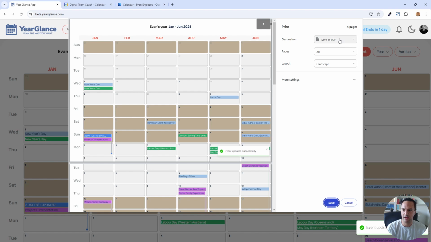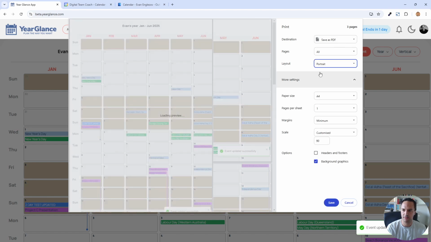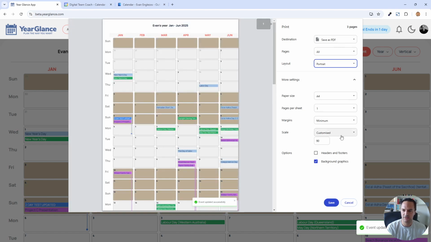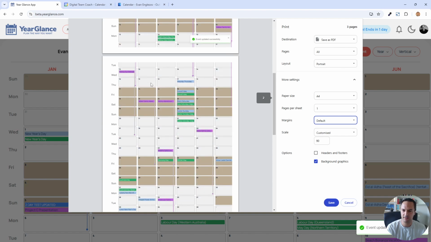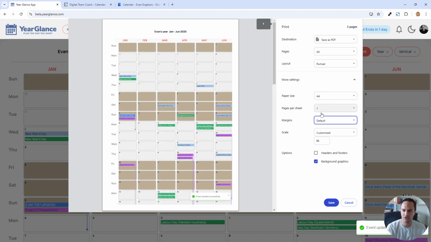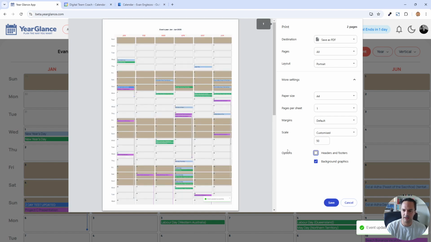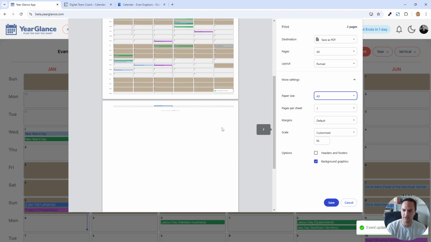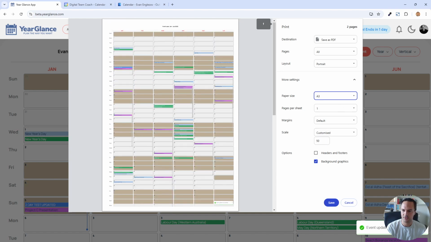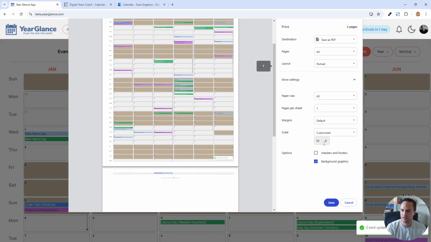So here we go. We're going to save as a PDF, not a landscape. Let's make it portrait. As you can see, it's coming together a bit. Let's turn on some margins so it looks a little bit neater. Now it's running across a couple of pages. And so this is where you just have to fine tune things a little bit. So that's almost fitting there. It's on an A4, so maybe if we made it A3, there we go, we can fit a whole lot more on the A3. That's good. It kept the event updated successfully on there.